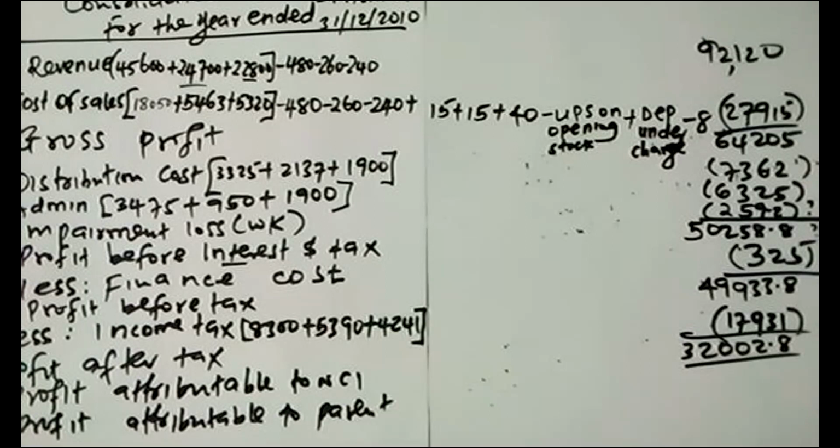When I come to the statement of financial position, we will do another working for the NCI to determine the capital. What was their capital in these relevant investments? That one will be done under the statement of financial position. But for now, what I will be doing is to determine the profit.